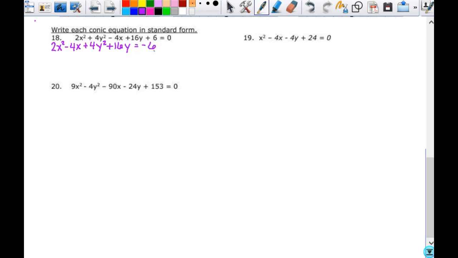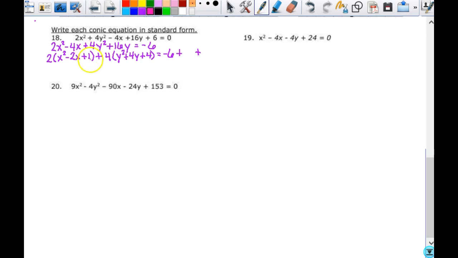So now I'm going to factor out and complete the square. I'm going to factor out this 2, which leaves me with x squared minus 2x. Half of that and square it, that's a plus 1. Then I factor out this 4, and I get y squared plus 4y. Once I factor out that 4, half of that and square it, that's plus 4. That equals negative 6. I've added 2 things on the left, so I've got to make sure I do that